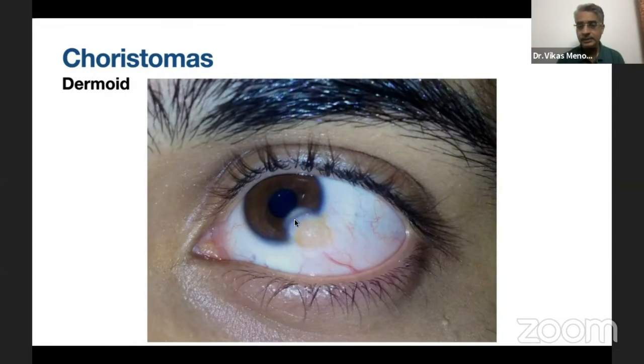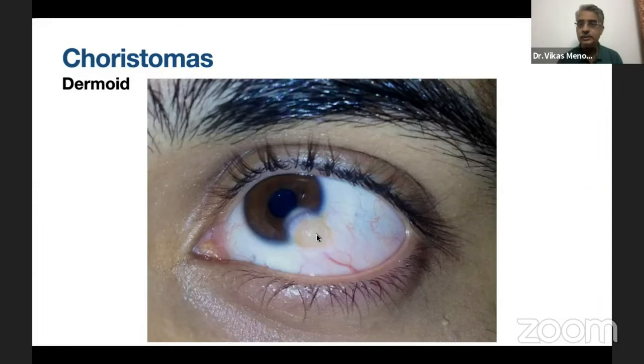When do we treat them? Unless they are causing a lot of cosmetic deformity, or they are very extensive, causing amblyopia, we generally do not do anything about them. But in case they are leading to a lot of astigmatism or functional problems, or patients are very cosmetically conscious, then these dermoids can be excised, and one has to be careful that they may have a deeper extension into the cornea. At that point, the cornea surgeon also has to be ready for a possible lamellar keratoplasty if required.